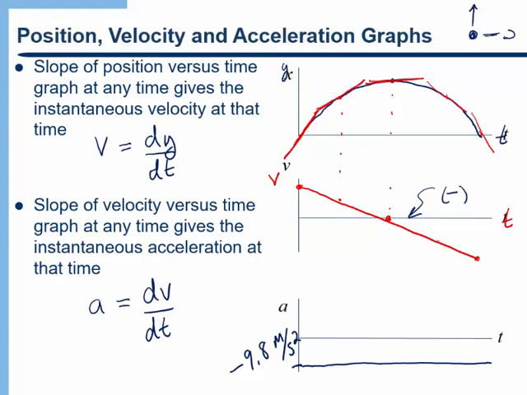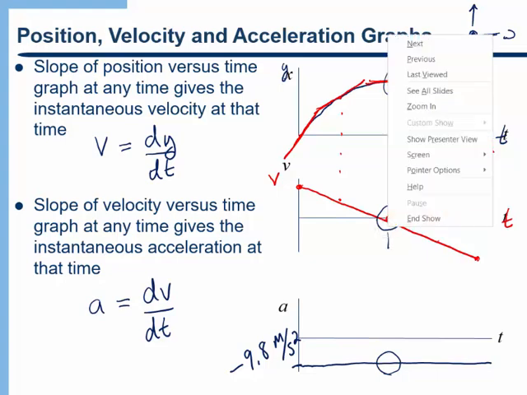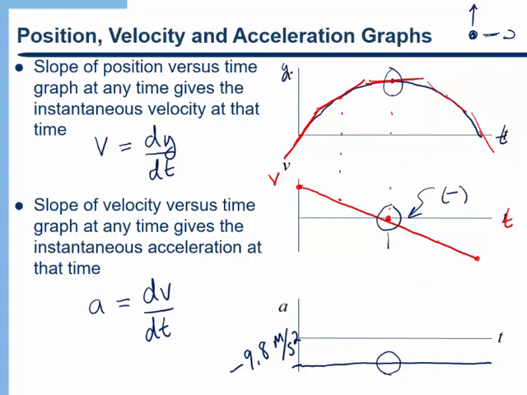One of the things that I want you to notice is at the top of the motion, where the object is at its highest point, the velocity is 0. However, the acceleration is not 0. That's something that often is hard for students to understand. But remember, the acceleration is how the velocity is changing. So just because momentarily the velocity is 0, it doesn't mean that it's not changing,